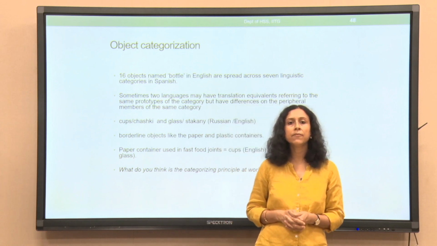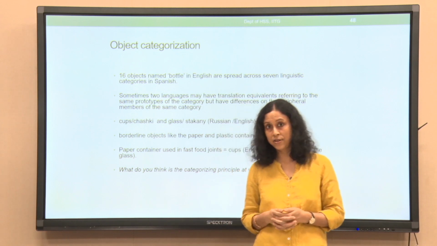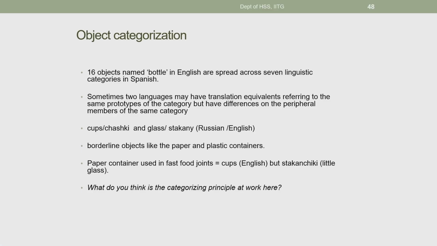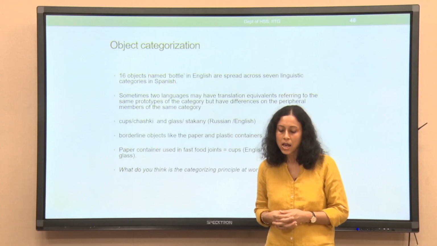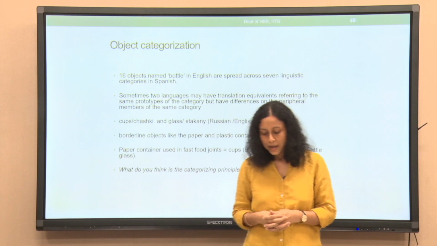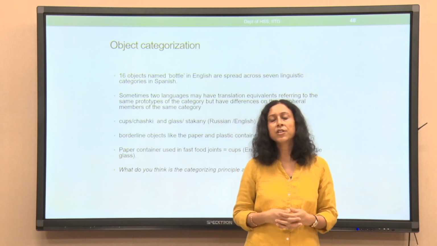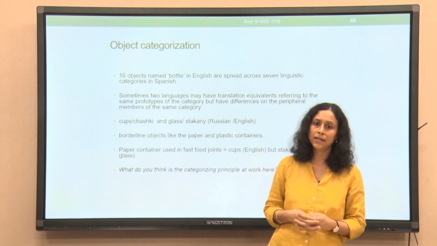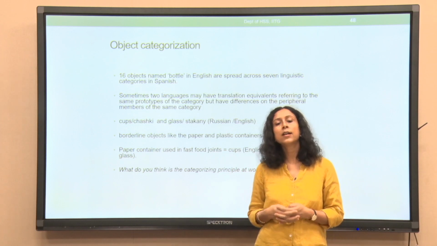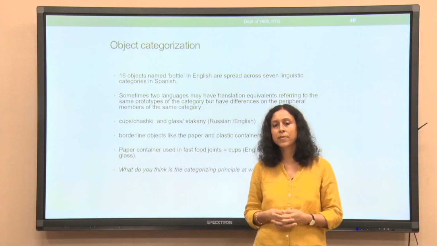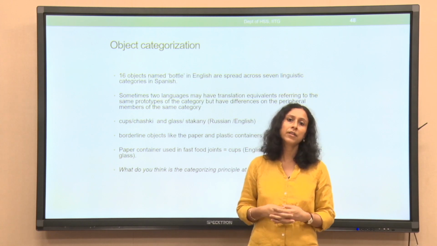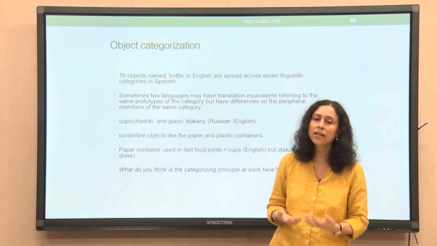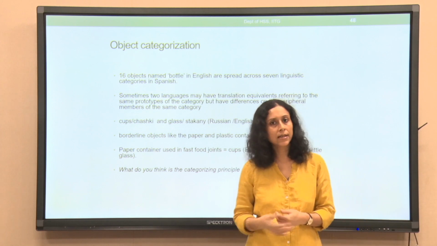Similar differences can be found in terms of object categorization as well. Object categorization, as I mentioned earlier, we will talk about in greater detail in the next segment when we talk about classifiers. But in short, languages distinguish their objects, the nouns, in different categories. In one language you might have only 2 names for a particular entity, but in another language you might have a much more finer nuanced way of segmenting the same thing.